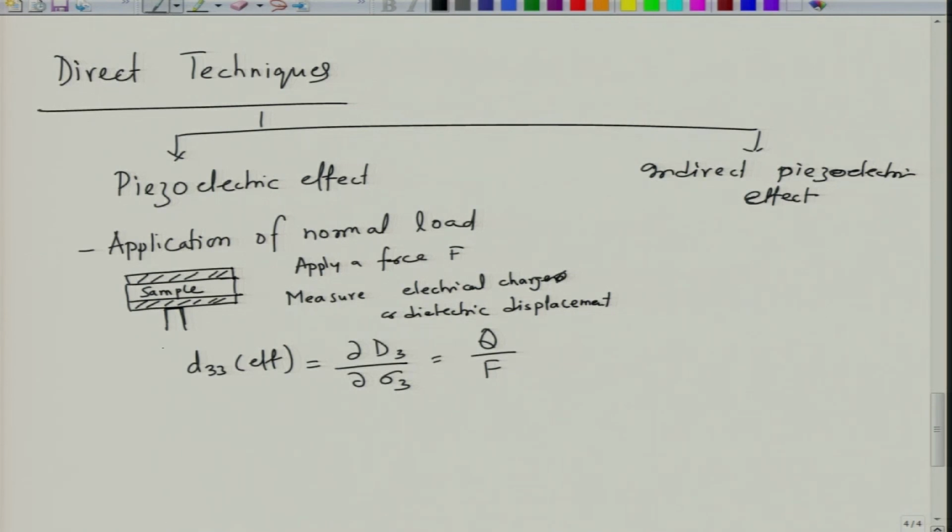Generally the tip is not flat, and the tip tends to be like this. So there is a problem in calculating the effective area of contact, and secondly the electric field distribution within the sample is rather uncertain. So this is an easy technique to measure the piezoelectric effect, and the second method that is used is what we call